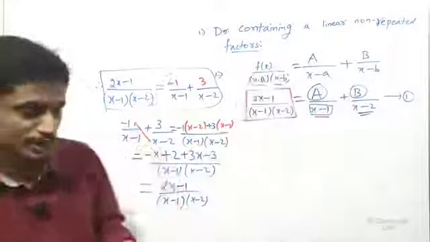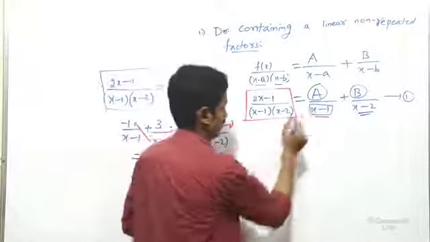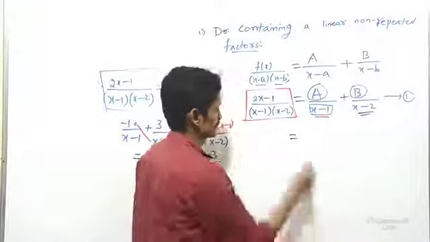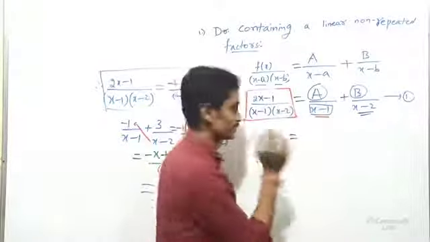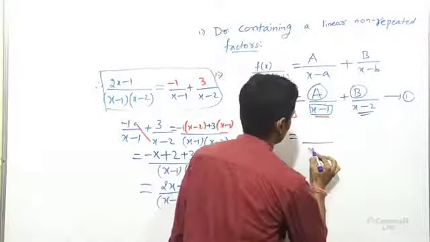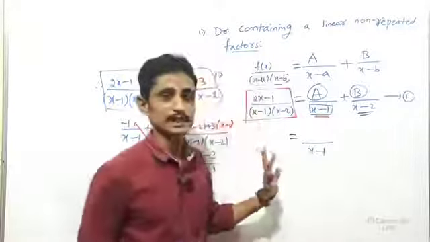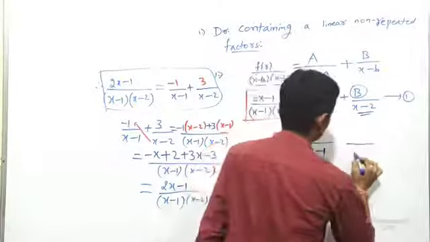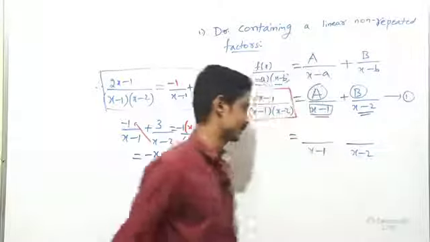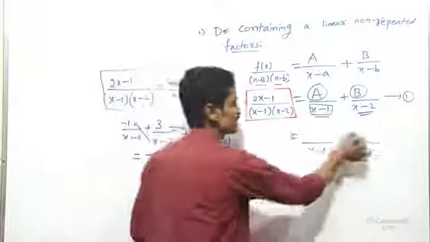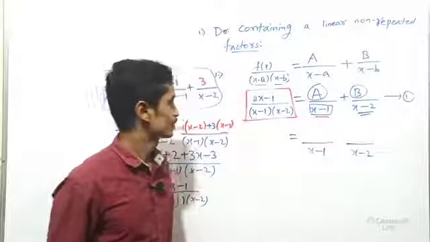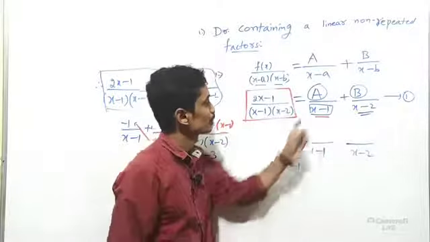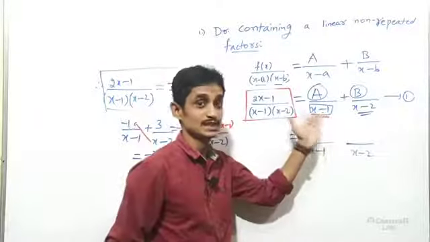But one thing you can do, I will calculate the answer directly in my mind. The A value we need. However, this denominator we keep as it is. Clear? Simply add it up, plus or minus I don't know. Simply the denominator x minus 2 I will write. Clear? Something is there here, and that something we are going to calculate. How can we calculate? x minus 1 equal to 0. Where will it be 0? At x equal to 1.